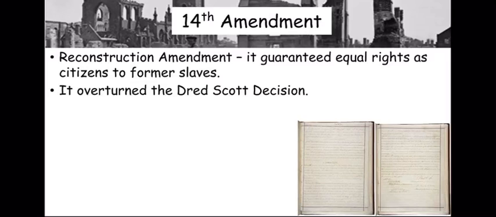Remember, the 13th Amendment set them free. Well, whoopity-doo-dah, you're now set free. But if you're still not allowed to participate in most things that society participates in and has available, then what good is your freedom? So the 14th Amendment does something about that, because if you remember the Dred Scott case